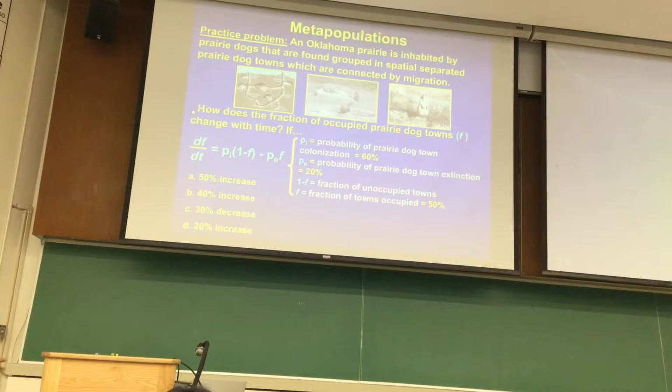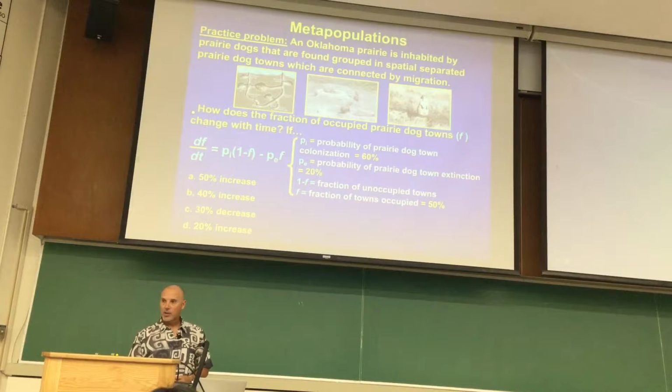So here's the question then. I'm looking at a prairie dog town in an Oklahoma plain. It's inhabited by these prairie dogs, and they're found grouped into these spatially segregated populations, which are connected via migration, immigration, emigration. So I want to know, how does the fraction of occupied prairie dog towns, F, change with time if the probability of prairie dog town colonization is 60%. The probability of a prairie dog extinction event is 20%. 1 minus F is the fraction of unoccupied towns, and F is the fraction of occupied towns, which starts out